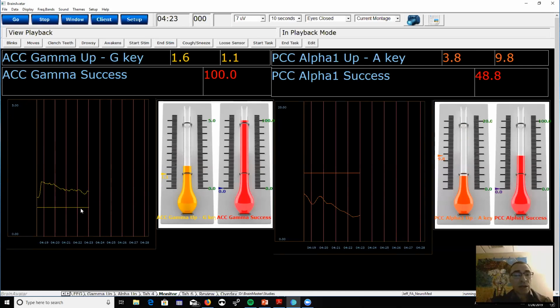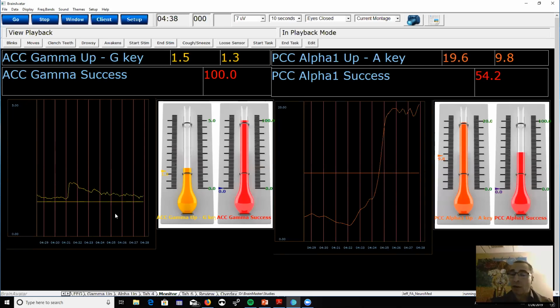So for me, I don't need to ride this gamma and try to push it, because again, I'm not trying to make it go higher. I just want to make sure that it's helping the person be aware of whether they're focused or not. So I'm likely to put the threshold right where it's at right now. And they might be getting 100% reward in this case. I'll talk about the rewards in a moment. And that's okay with me, because as long as they're focused, then they should be getting 100%. Again, this is different than normal